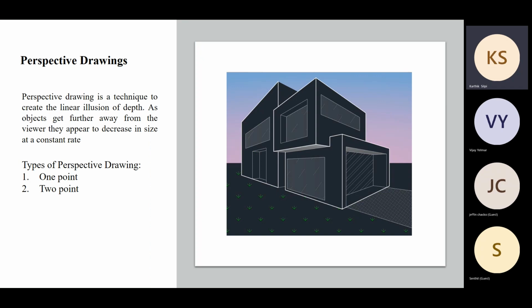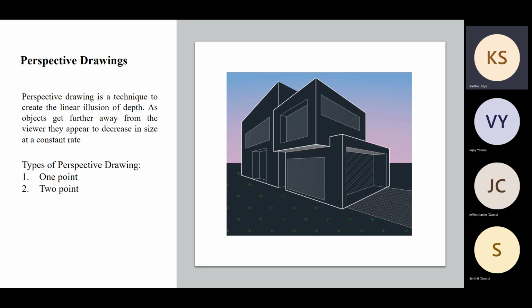Now, if we draw as per the perspective of a human, like if a person is viewing from this direction, how does he view any object in any given direction? Those types of drawings are called perspective drawings. So there are multiple types of drawings, but let's see in construction or in machine design or in